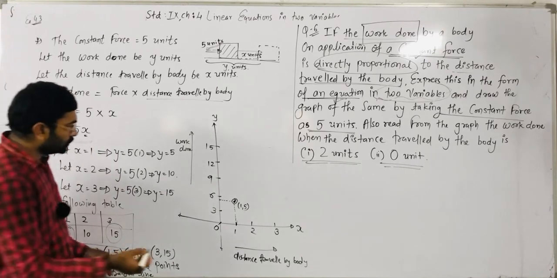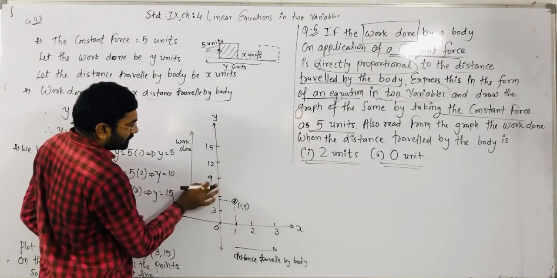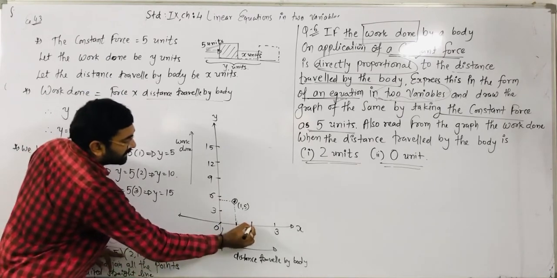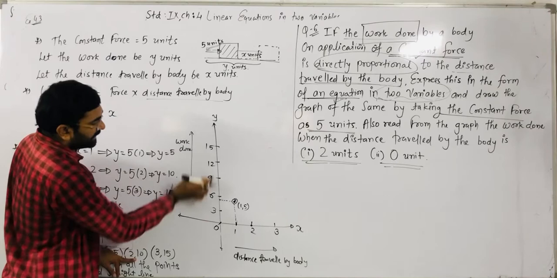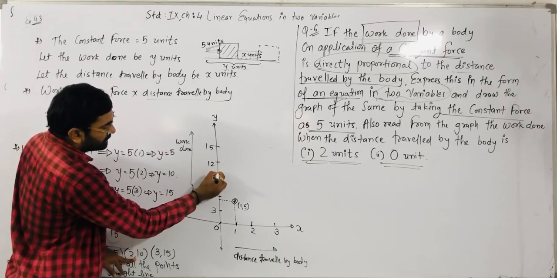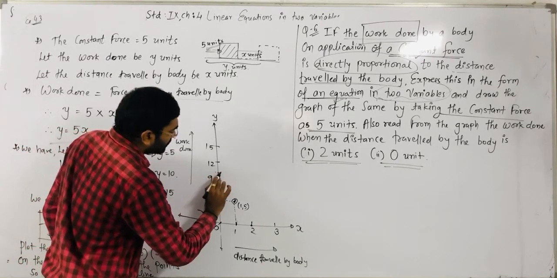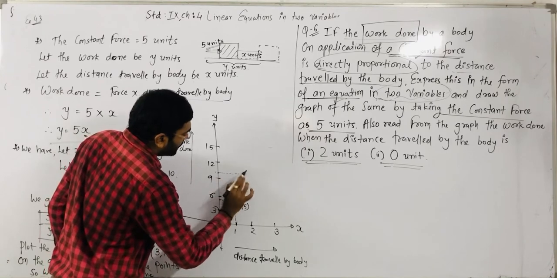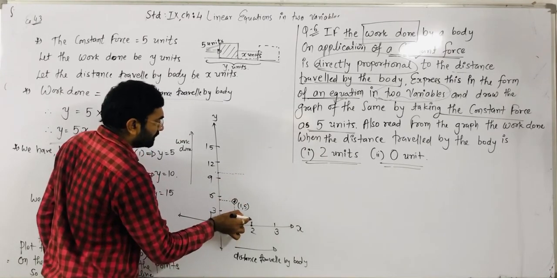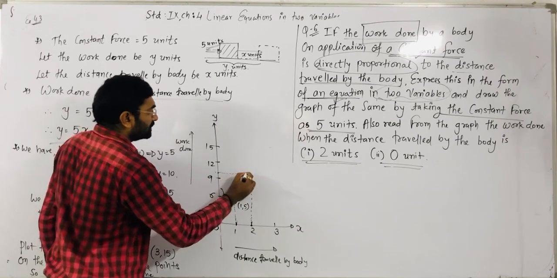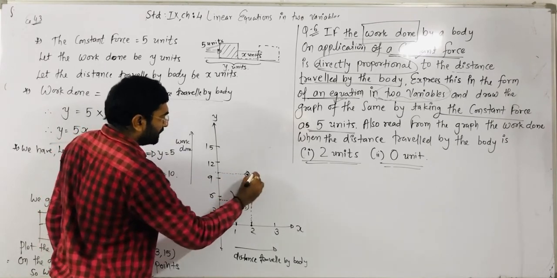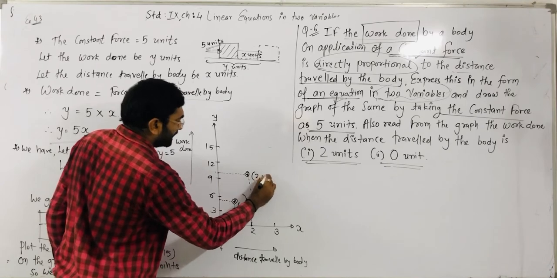Second point is (2, 10). The x coordinate is 2, the y coordinate is 10. So x coordinate 2 is here, right? And the y coordinate is 10. So on the y-axis, 10 comes after 9. Suppose it mainly comes here. So from that point we have to draw one perpendicular line, and from the 2 we draw the perpendicular line. Okay. So we get this. This is a common point which is (2, 10).